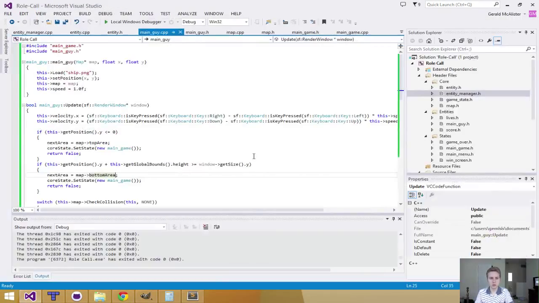Now the big thing we're going to want to do as well is set the X and Y position to be the character's current position minus the height. So what we're going to do,